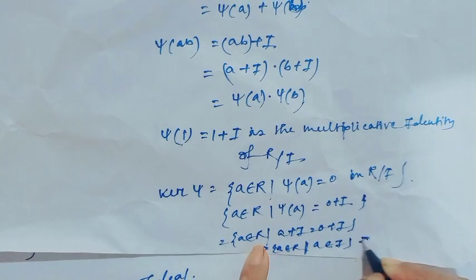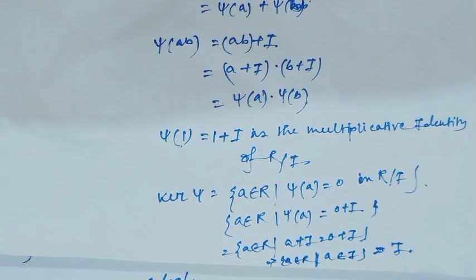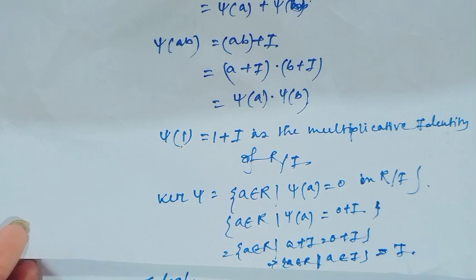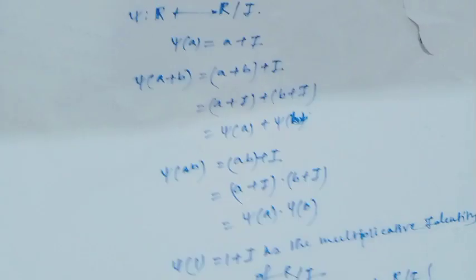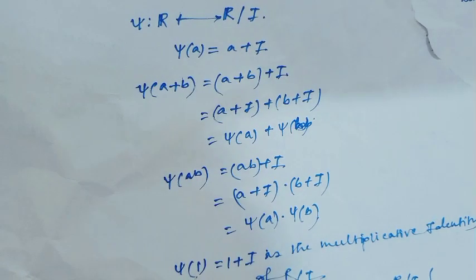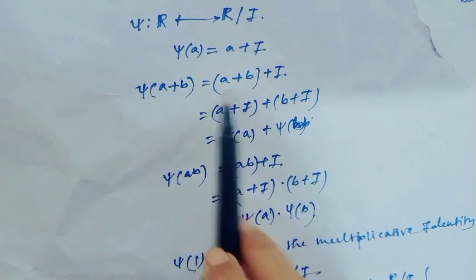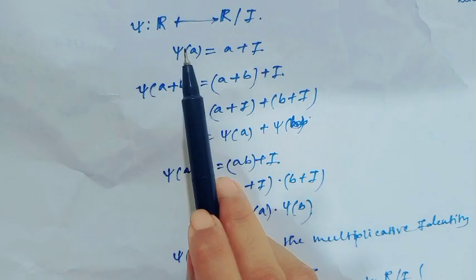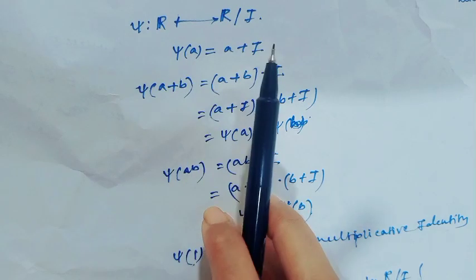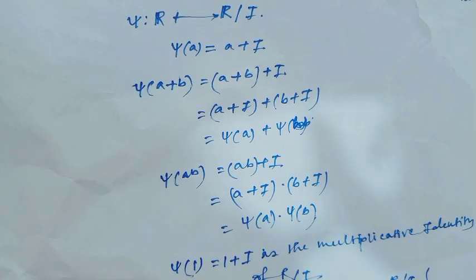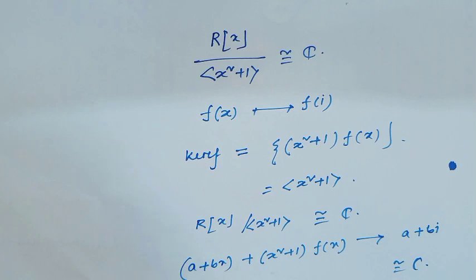Therefore, since A belongs to I, that means the kernel of this mapping is this ideal I. I hope all my viewers have understood how this mapping psi from R to R mod I looks. Okay? Now I will show that R[x] modulo the ideal generated by x square plus 1 is isomorphic to C,